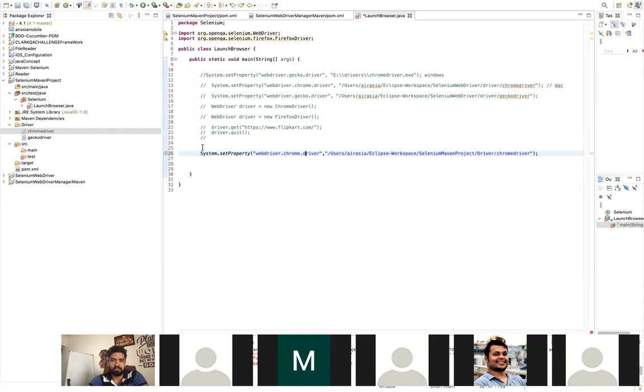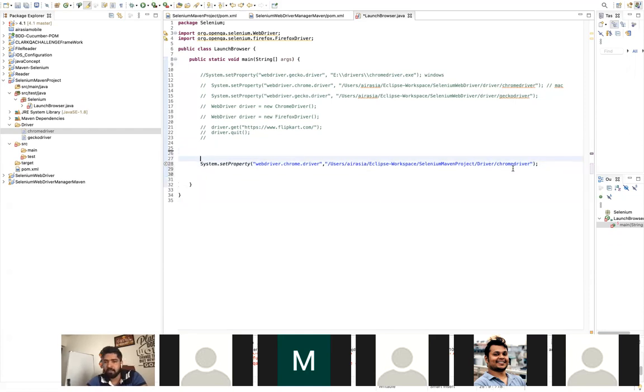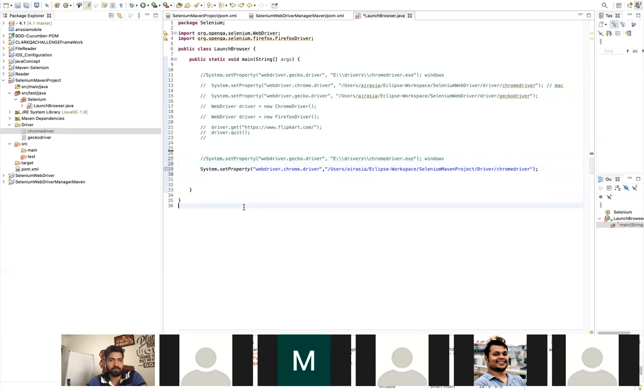Now one more thing, guys: as of now I'm using Mac. So for Mac users, the chromedriver .exe is not required. But for those who are using Windows, you have to write your code this way. It is the same System.setProperty, and once you copy your path, it will come with forward slashes or double slashes, and at the end you have to use .exe for Windows. But in the case of Mac, you don't have to give .exe, so you can set it as per your machine.